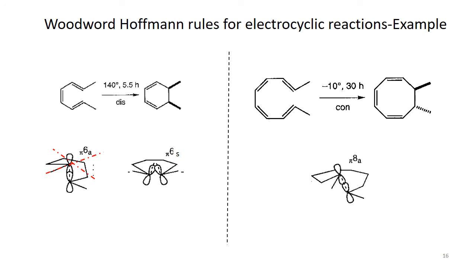So what happens instead is that the transition structure must involve the lobes on the top surface tilting towards one another in order to achieve an allowed suprafacial disrotatory process. So in this case they have to go for the disrotatory process, and the disrotatory process can only be achieved by the suprafacial interaction of the lobes. So that's why, if you see, the first transition state is forbidden, and the other one is allowed because it has suprafacial interaction.